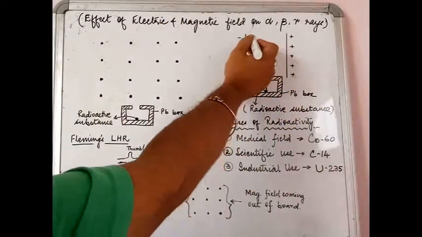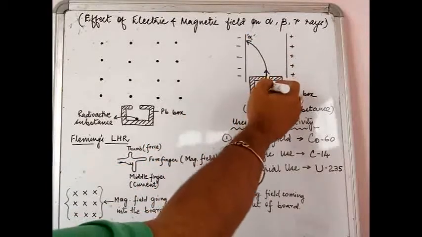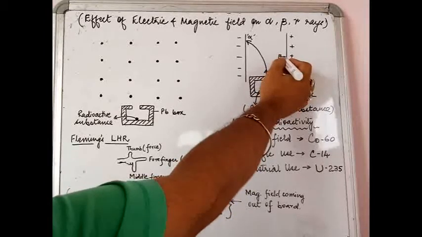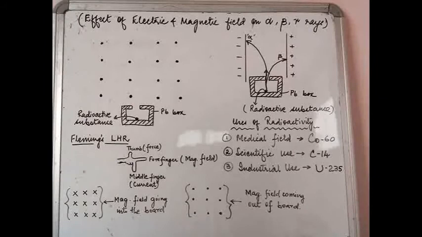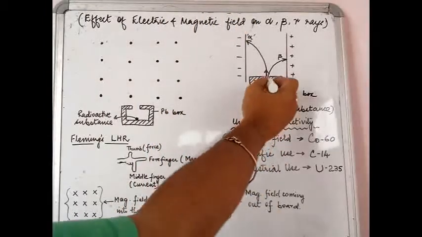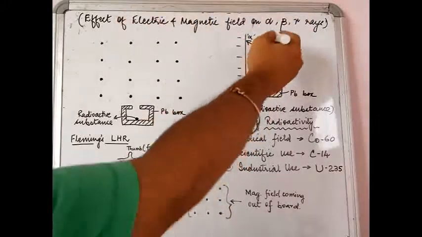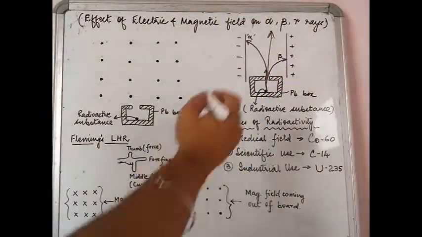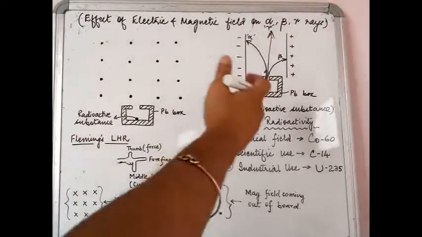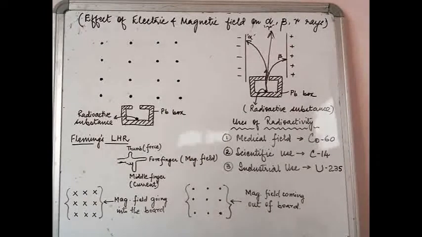Similarly, when beta comes out, so let me write this as alpha particle. Similarly, when beta comes out, beta will be deflected towards the positive side because beta is negatively charged. And obviously you must have guessed what will happen to the last or the third category of the ray, gamma ray. Gamma rays are uncharged, so they are not going to be affected. They are going to go straight upwards. Okay, so they are not going to be affected. This is your gamma ray. If you will see in the book, you will find a much better diagram. Gamma goes straight forward because it is highly energetic ray. It is not going to get bent because of the electric field because it is not charged.